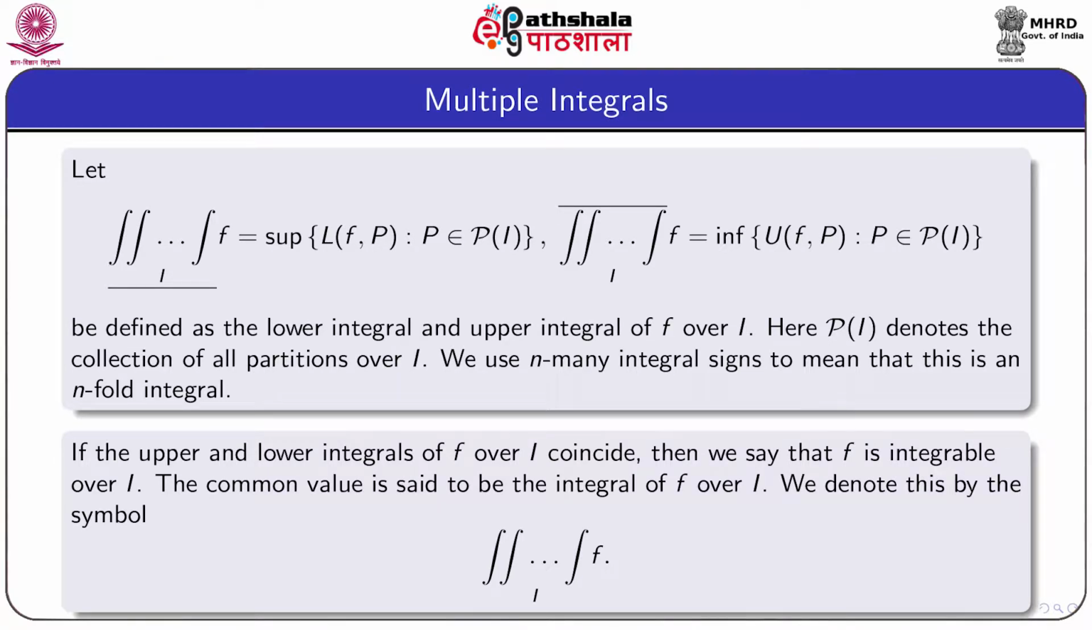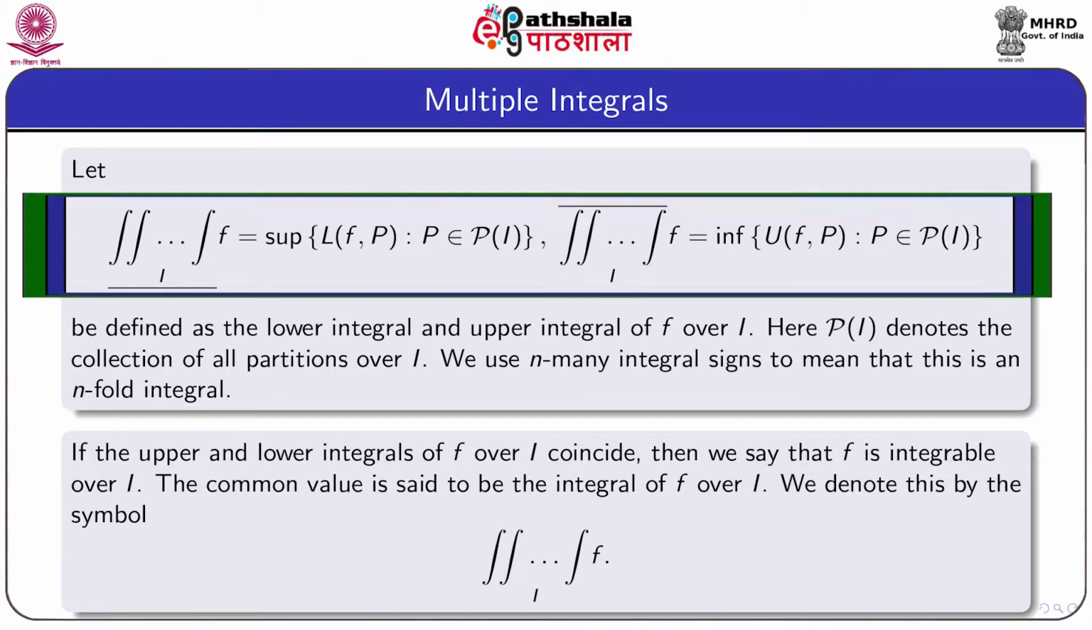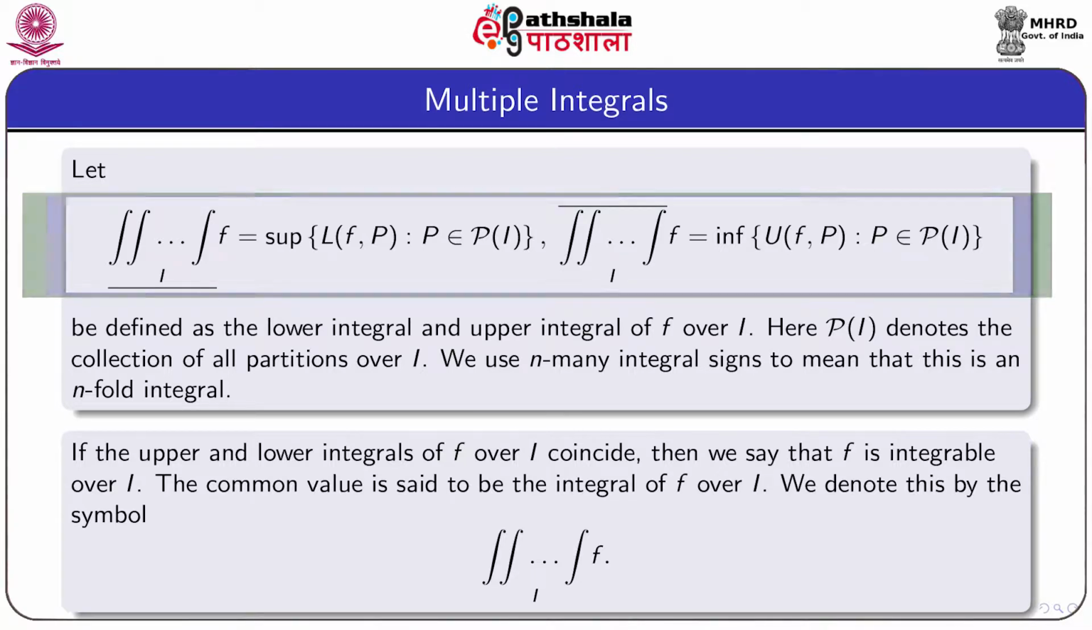Let us use n many integral signs over I and then put a line below f to define the supremum of L(f,P), where P comes from the collection of all partitions of I,